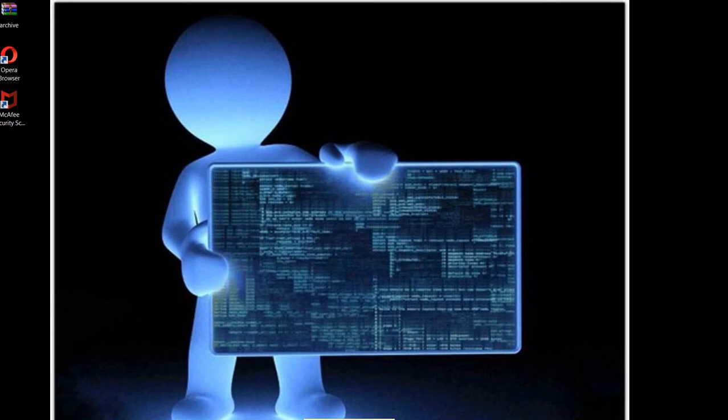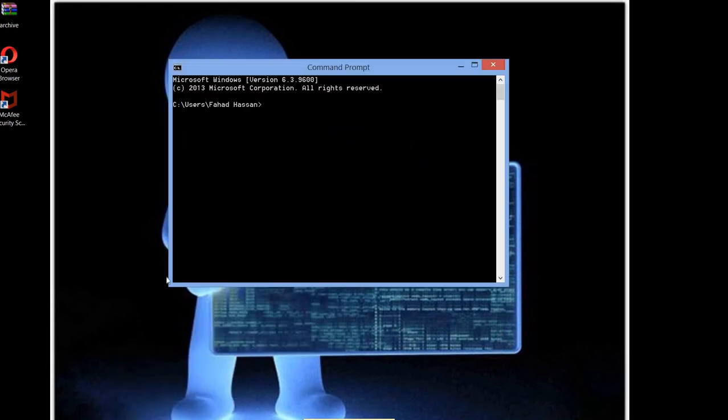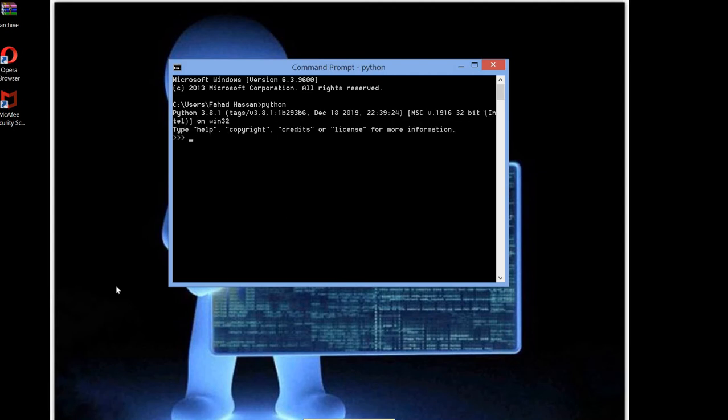So let's start. First I will open my command prompt and type python to find out whether any Python version is installed on my system or not. So yes, it is installed and it is the latest version, that is 3.8.1. To check whether it is working or not, I want to tell you